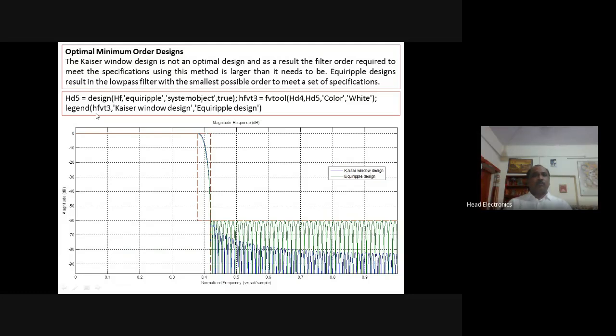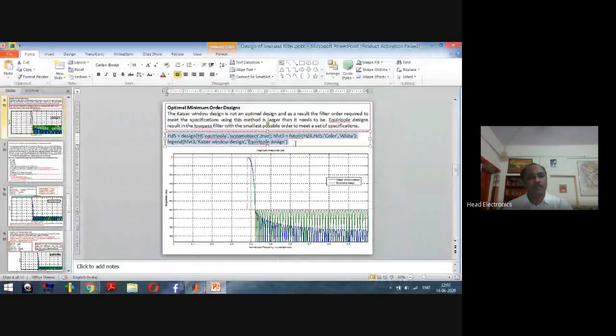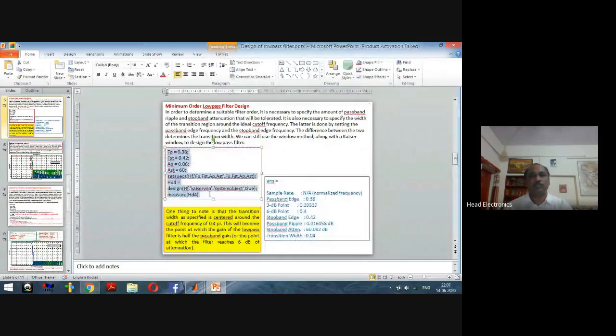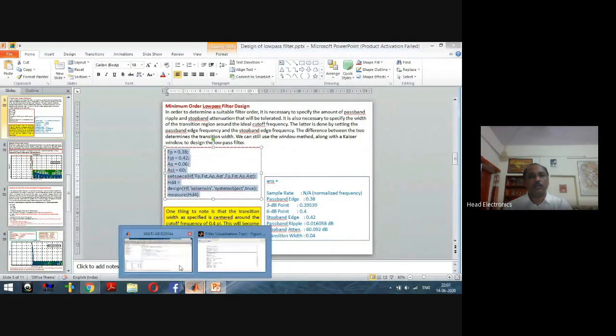Now, if we are interested in designing this filter, suppose this is the filter here, we write this in the command window. But before this, we have to write the specification. So the specification is this one here. Control C, and write here the